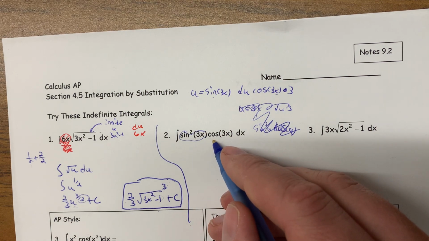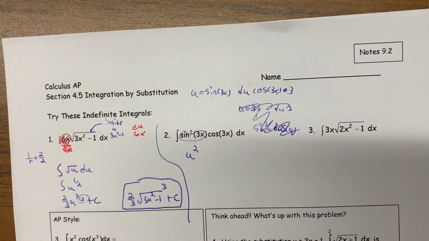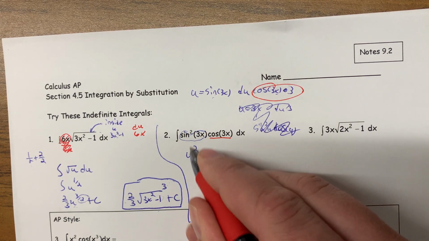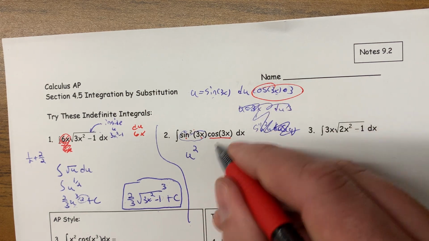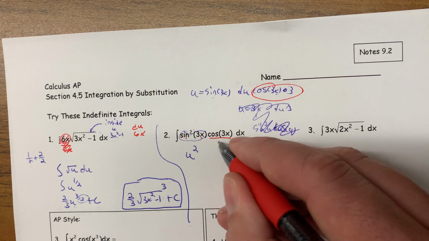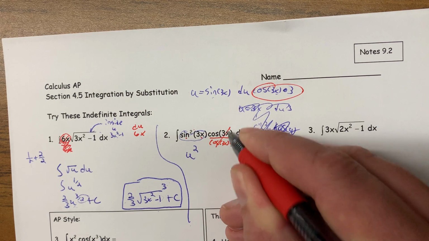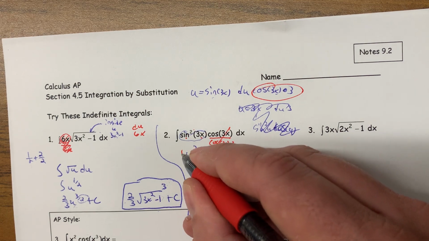And so here we've got u squared, and we can divide by the derivative of that inside function. So sine of 3x is getting squared, and the derivative of sine of 3x is cosine of 3x times 3. When we divide by cosine of 3x times 3, the cosines will cancel out, and we're still dividing by 3, so this is